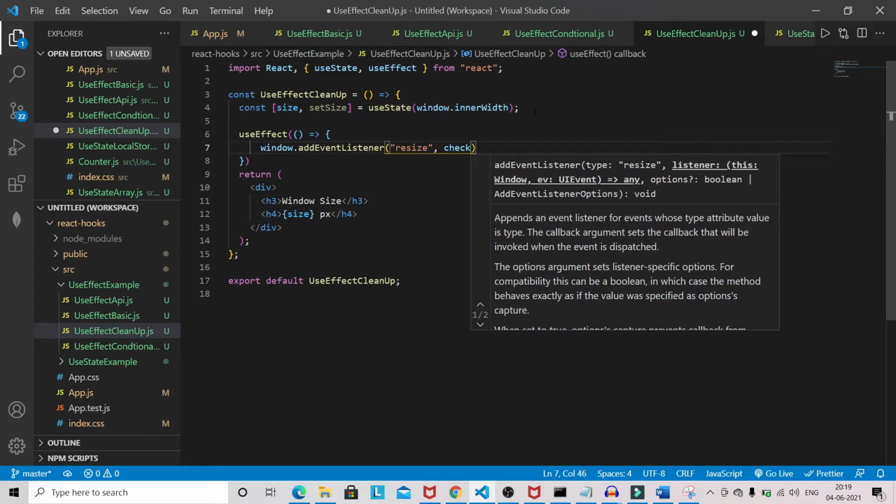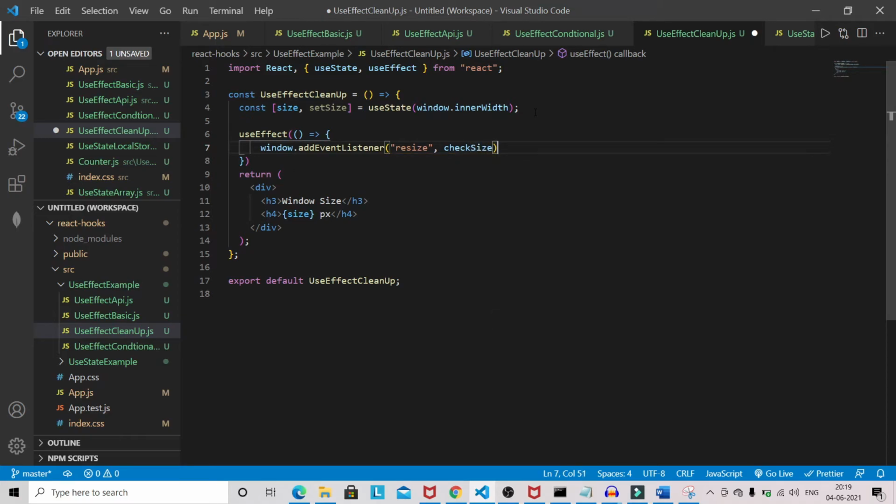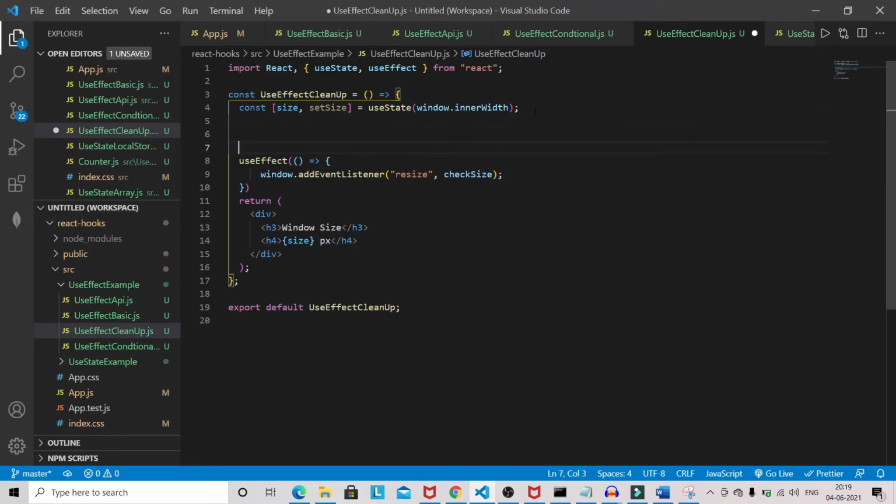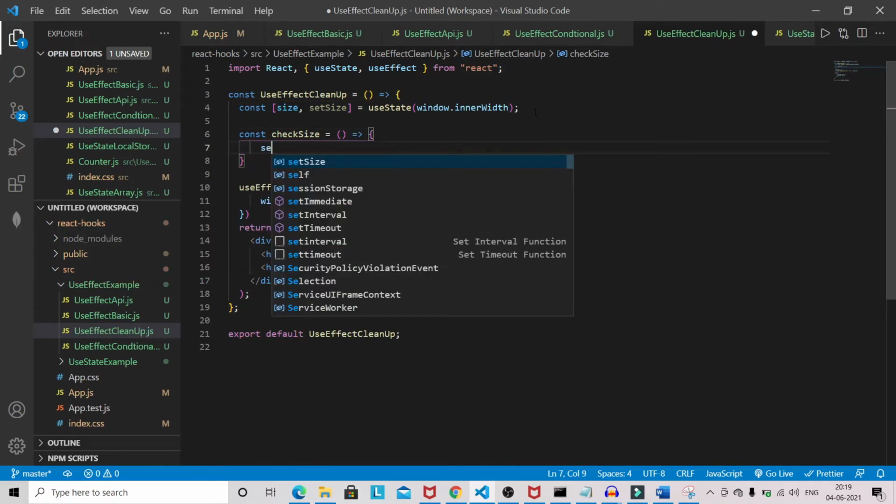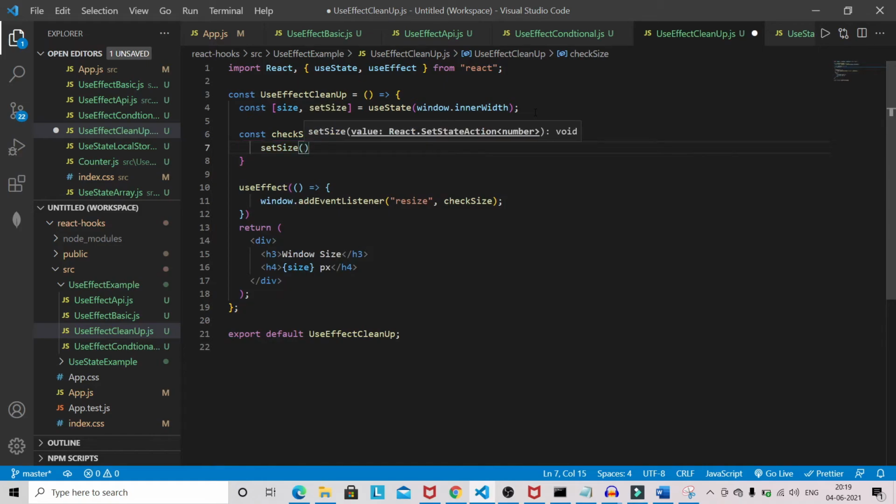Okay, checkSize: setSize, and I will do window.innerWidth.